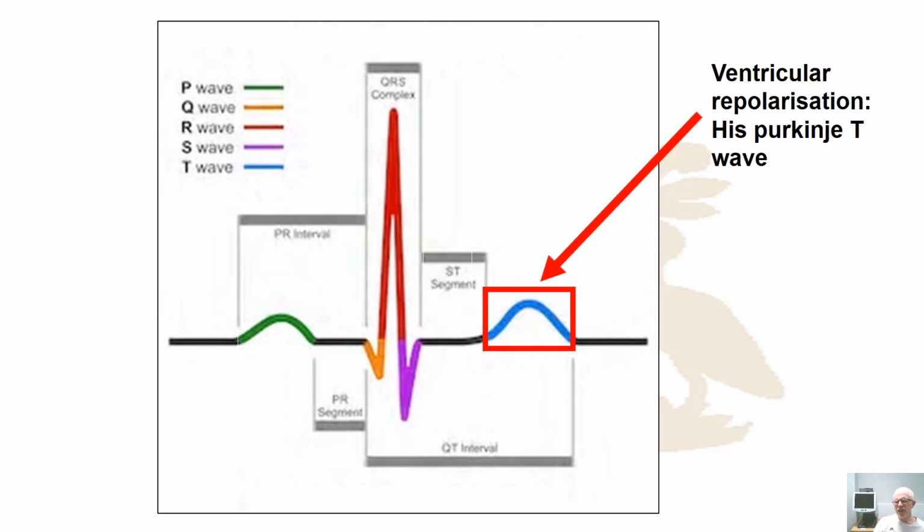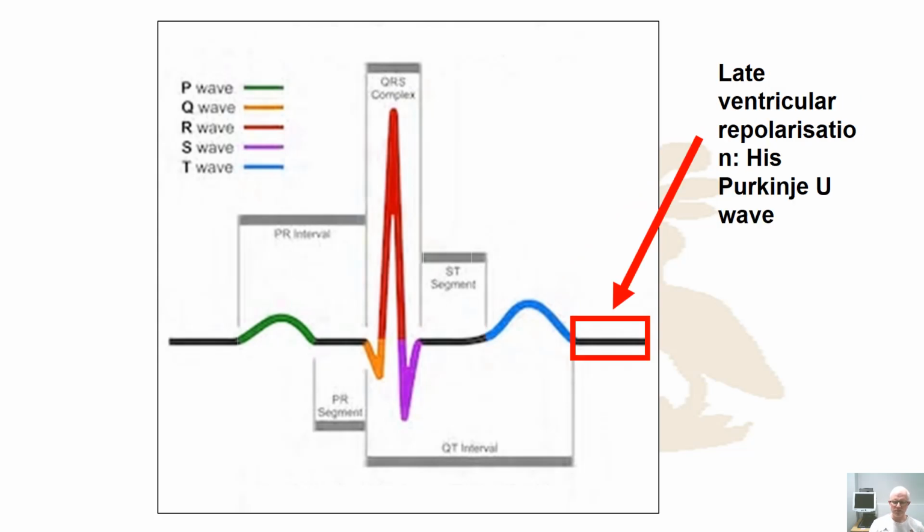We then go to the T wave. So now you've got to get ventricular repolarization. So now we've got to get relaxation of the ventricles. And ironically, to get relaxation of the ventricles requires an electrical innervation. It's got to go back to its original length or original state before the process can begin again. And so that's the bundle of His and the Purkinje fibers that are innervated in order to create this